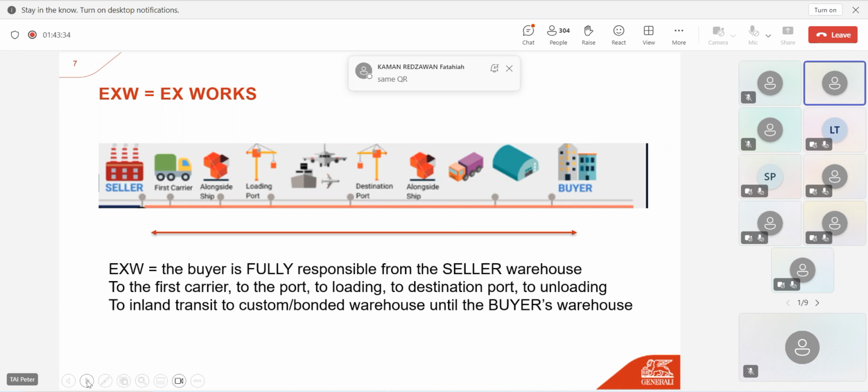Okay. All right. So this is an example of export. All right. So all this shipment from here is the first carrier, alongside ship, loading port, all this. If you were to buy it from another country,